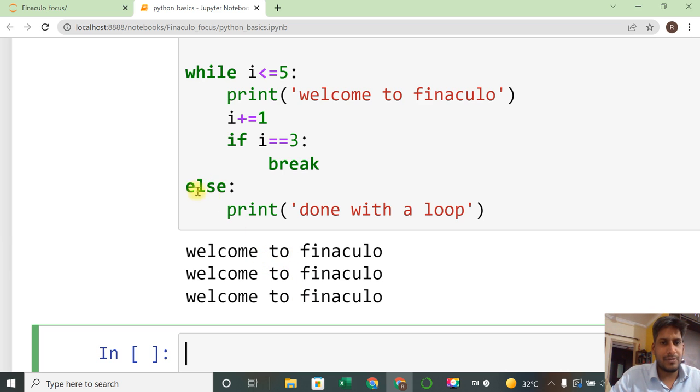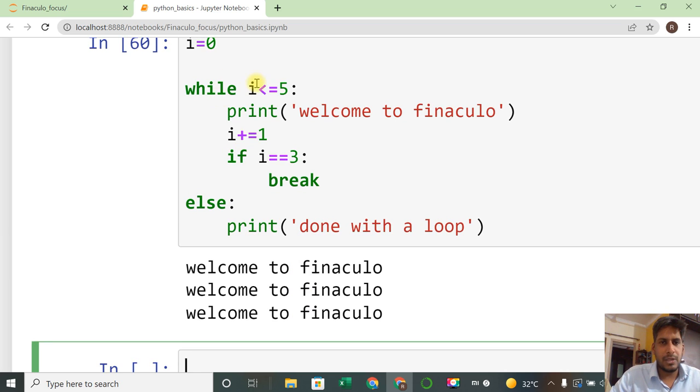So it did not come here because i was 0, then executed, then incremented to 1, then it checked, yes, i is not equal to 3, so it went back to the loop.